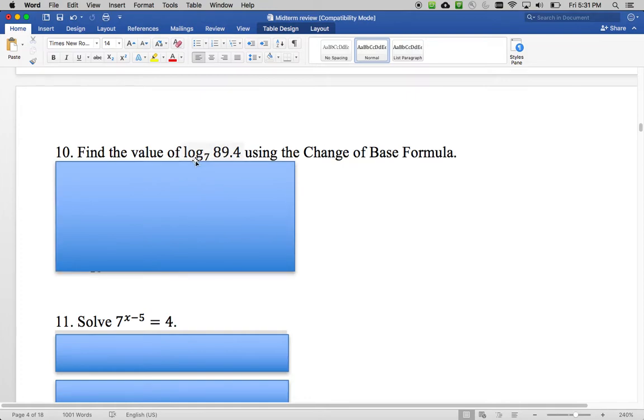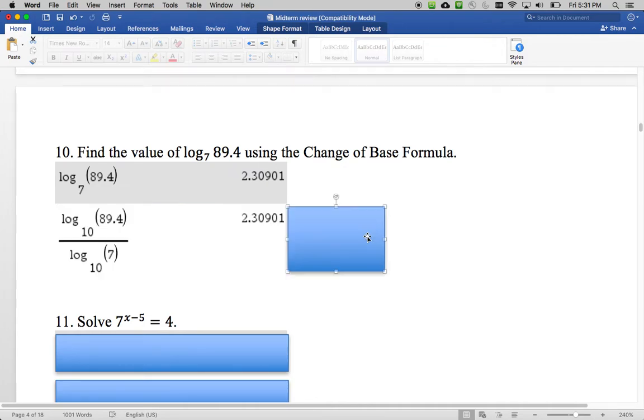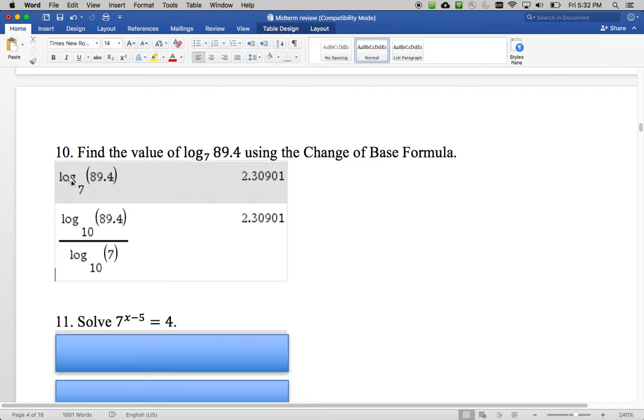Okay, find the value of log base 7 of 89.4 using the change of base formula. So guys, here's a caveat. I copied this right out of the district's semester exam test. And I went ahead and kept this because I wanted to show you that with our calculators, we can just change the base on our own. We don't have to use the change of base formula, but in case you did, you would get the same answer. So here I just plugged it in, log base 7 of